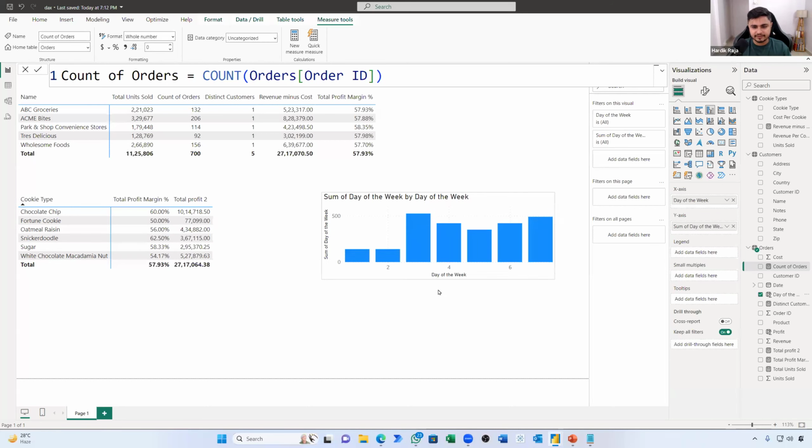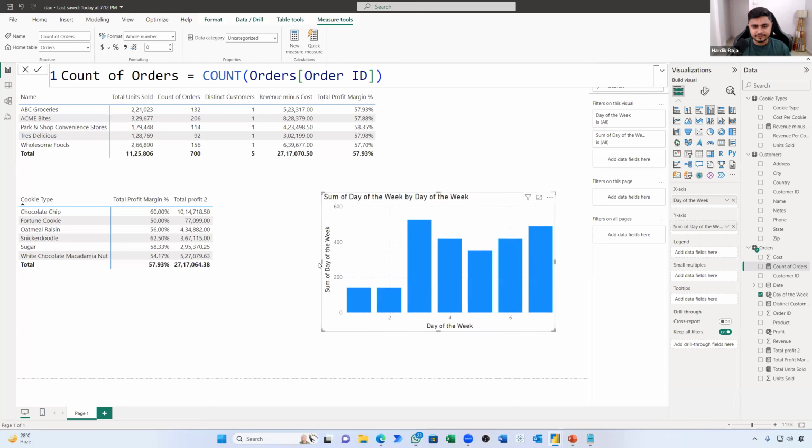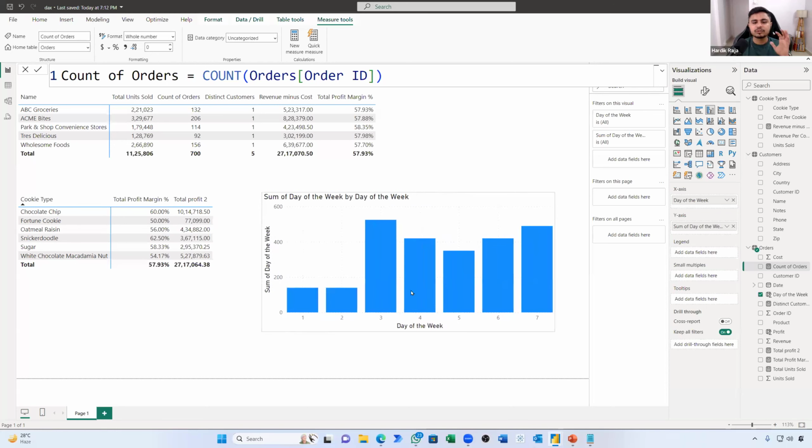If I just have to increase the length of this, see this. Fourth is Sunday, Monday, Tuesday, Wednesday. So the fourth is Wednesday. Fourth is also decent, comparatively good. Then fifth is this. Now, Hardik, how do I remember this? How do I remember one or two? Can I name this? Yes. That is something we have covered in visual formatting. You can change one to Sunday, you can change two to Monday, if you're someone who is looking for that.